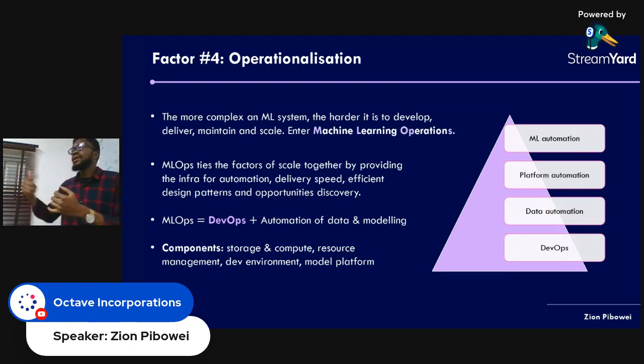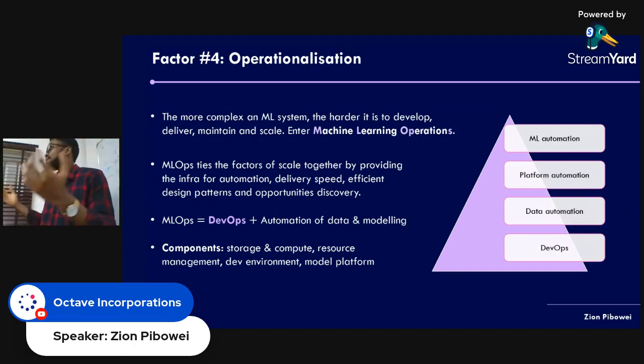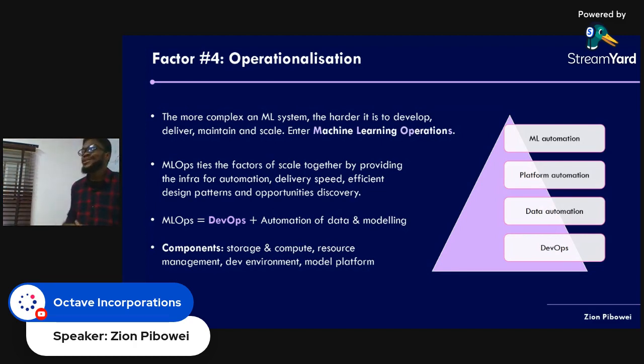So there was a time when, even up to now, DevOps engineers are still hot in the industry. They are highly paid. They are probably the most paid tech people in the industry right now. So those of you that want to start earning big salaries now can probably start thinking about DevOps engineering. But machine learning ops, or MLOps, draws from DevOps.